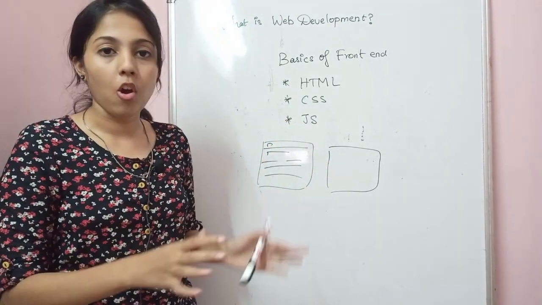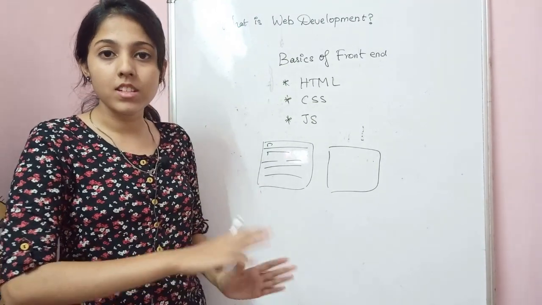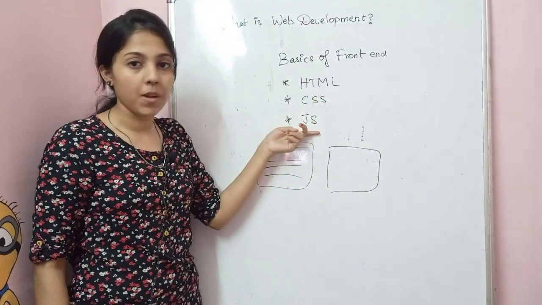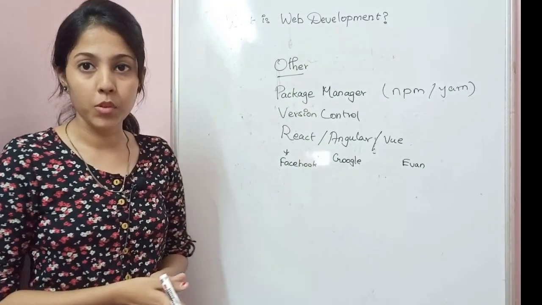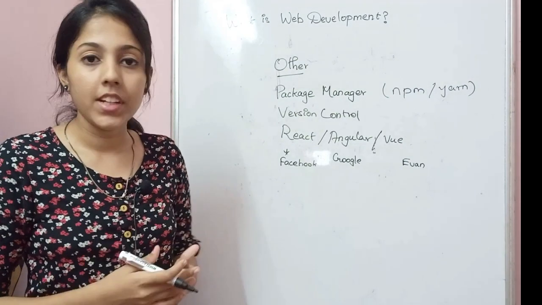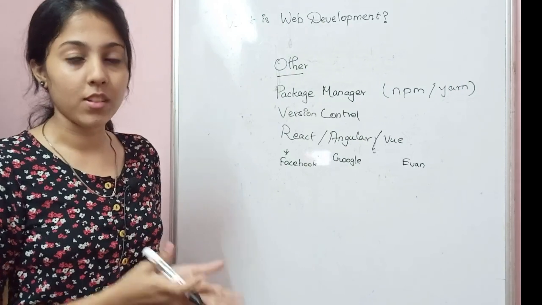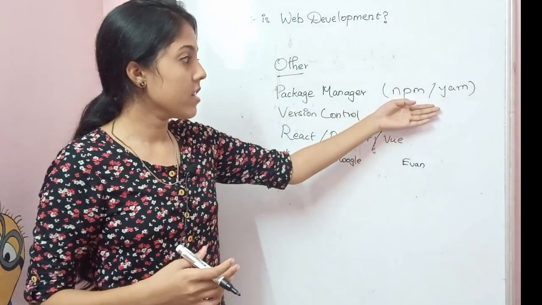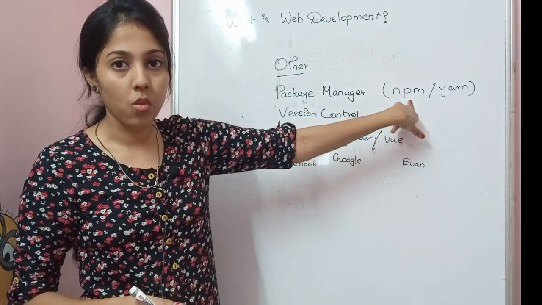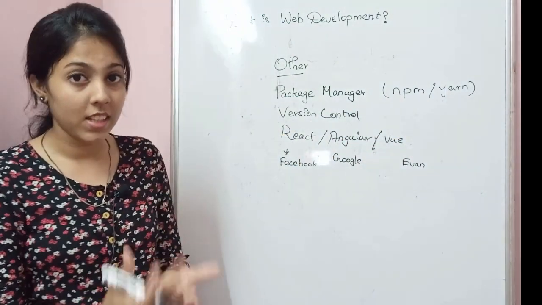For example, if you are on a login page and after you enter your details, you click the login button. Then this button will lead you to the next page, right? For that you have to write JavaScript. It is a response from the user. The other thing that you have to know is the package manager. A package manager is a collection of software. So every time we don't have to write big code. There are users who have already created the code, so these are the packages that we can install. npm, which stands for Node Package Manager, and yarn are the two package managers we can install in our projects and use.